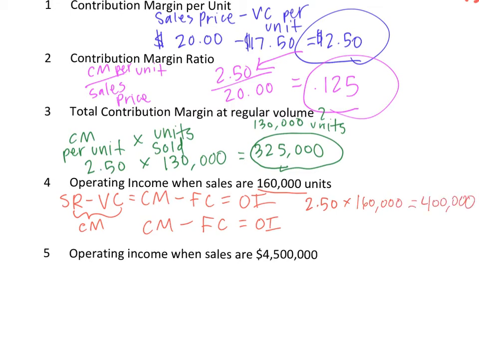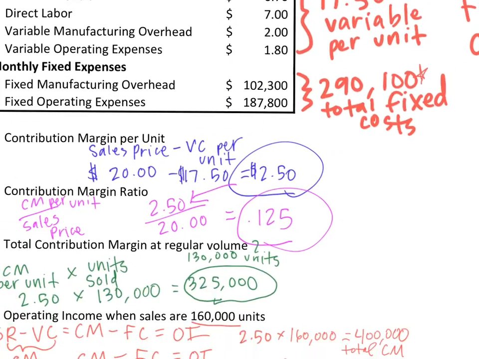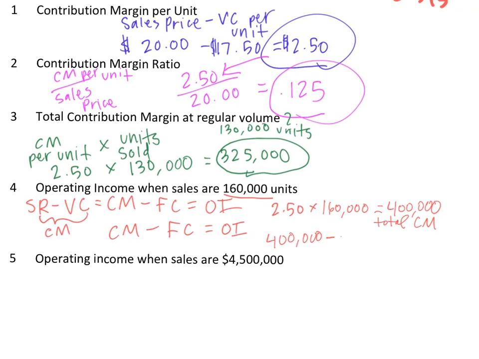So let's go ahead and do that, and then we arrive at $400,000. Then we just need to subtract total fixed costs, which we calculated right at the beginning before we started working on our questions. Total fixed costs are $290,100. So we'll plug that in, subtract it from our contribution margin to calculate operating income of